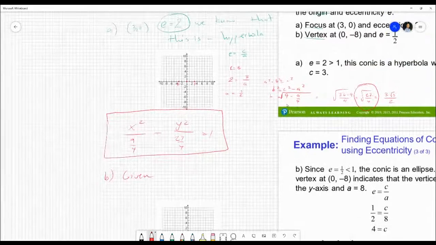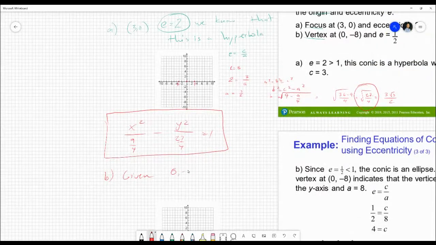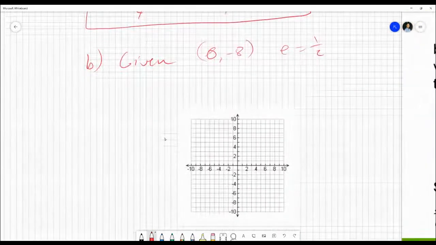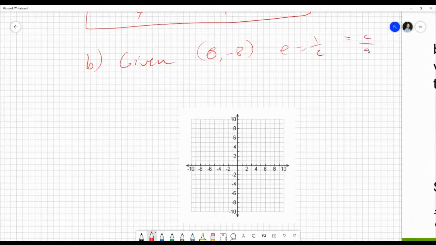So they're giving us vertex at (0, -8). E is 1/2. Okay, so (0, -8) is down here. And E is between 0 and 1, so we know that this is an ellipse. And since the vertex is on the y-axis, that means the other one will also be up here. Okay. So if this is the vertex,